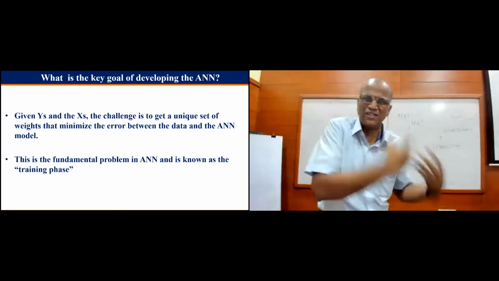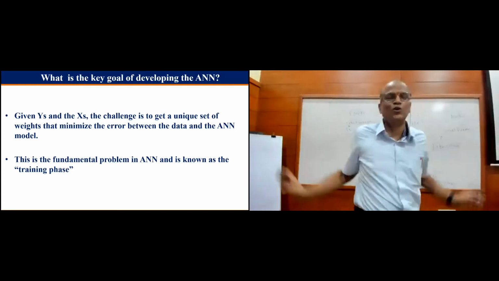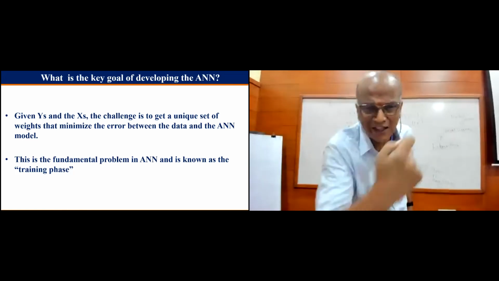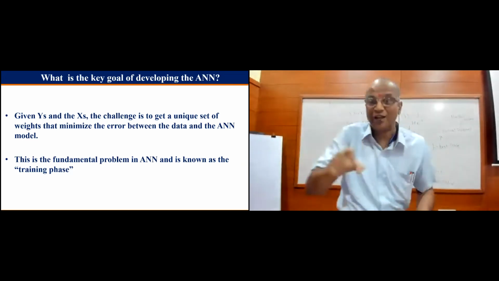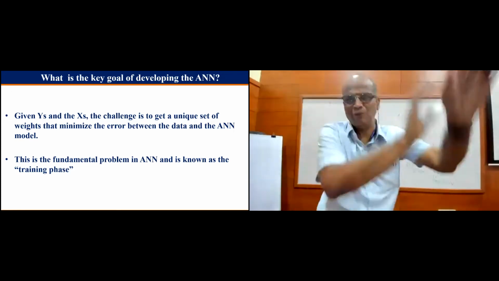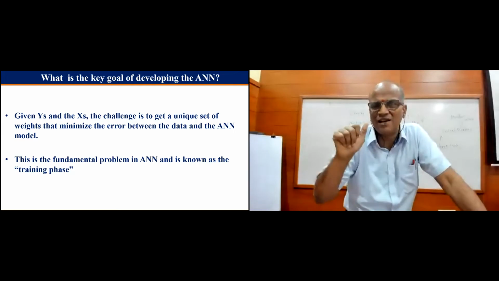You've got age, sex, economic status, smoking, drinking, and whether they are doing exercise or not. All these are the X's: X1, X2, X3. The Y's are whether they get a mild attack, severe attack, whatever. Now the challenge is to get a unique set of weights that minimize the error between the data and